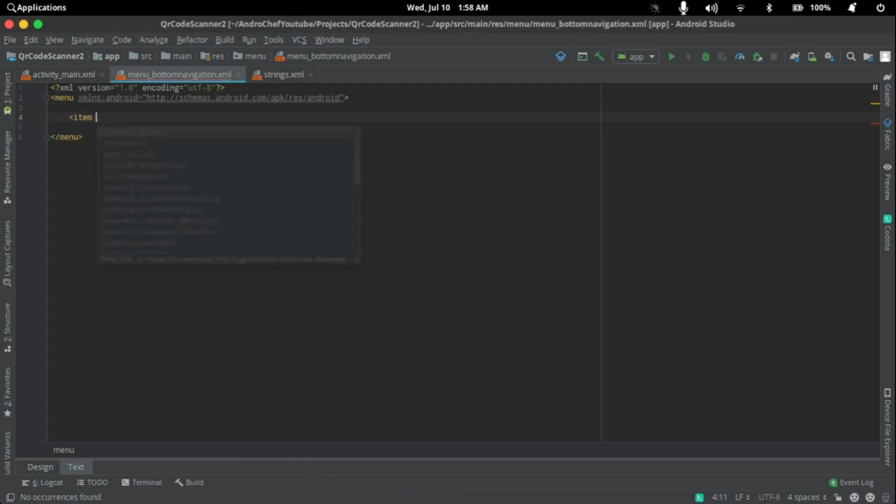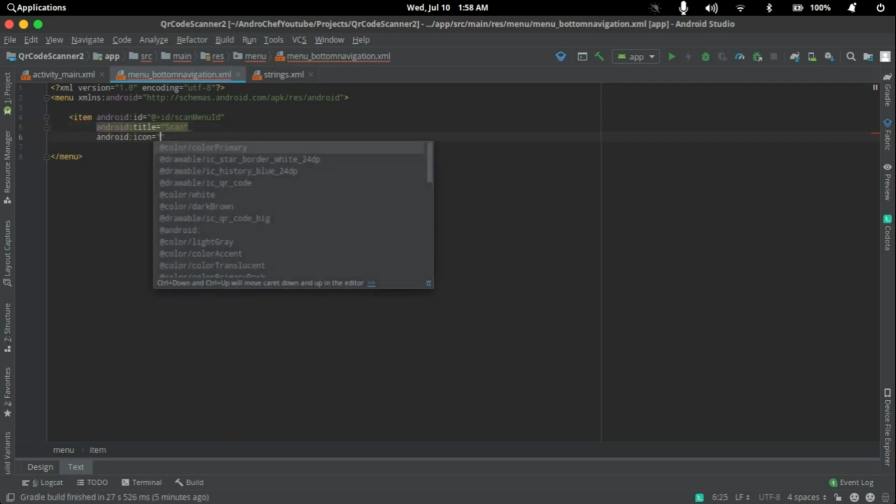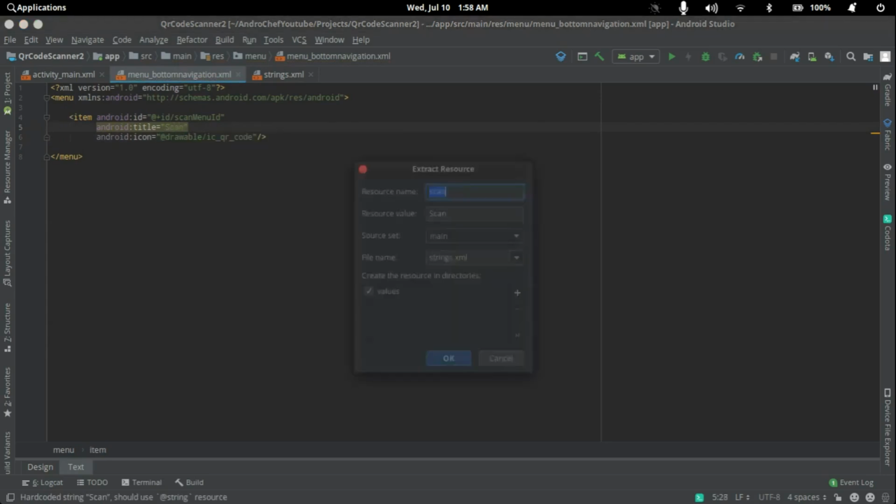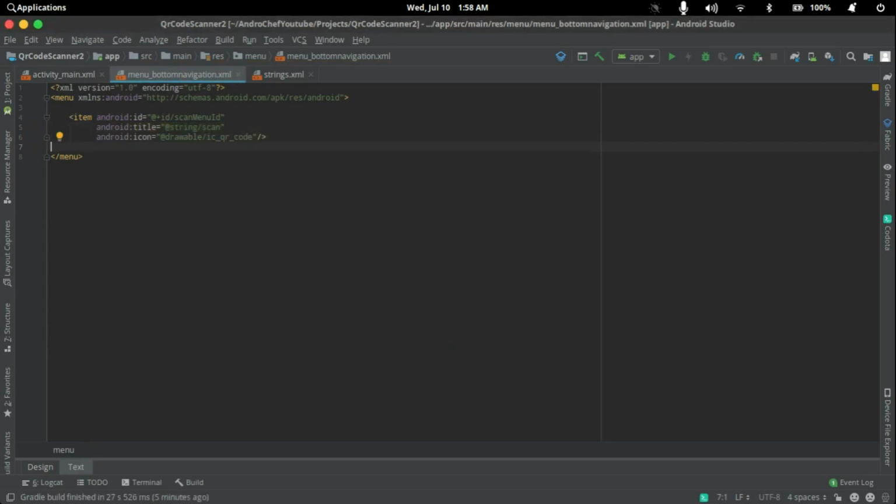We will add an item, the ID will be scan menu ID, the title will be scan, and the icon will be the QR code, and we will convert it into string XML. Again we will add another item, the ID will be recent scanned menu ID,